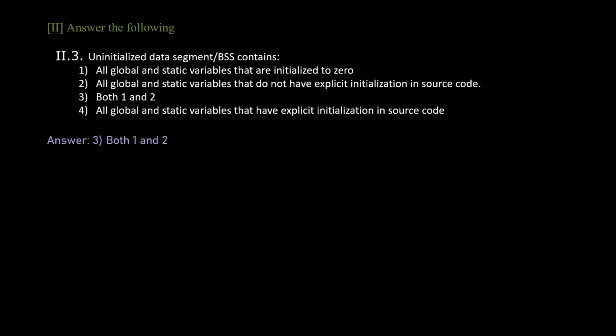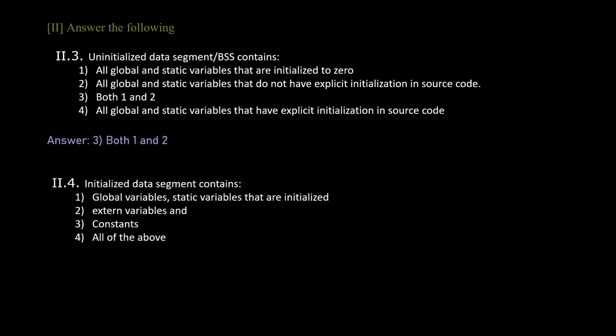So let's see the answer. It has all global and static variables that are initialized to 0 or that do not have explicit initialization in source code. So the uninitialized data segment has global and static variables which are not initialized or initialized to 0. If it has explicit initialization, it is not in this BSS or uninitialized data segment. Let's see the next question. Initialized data segment contains...